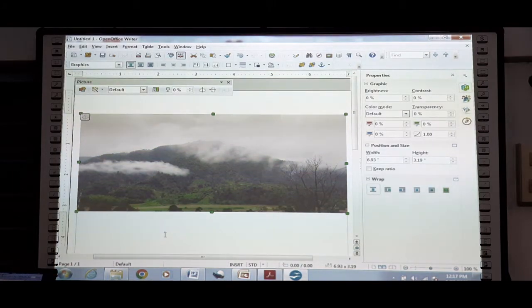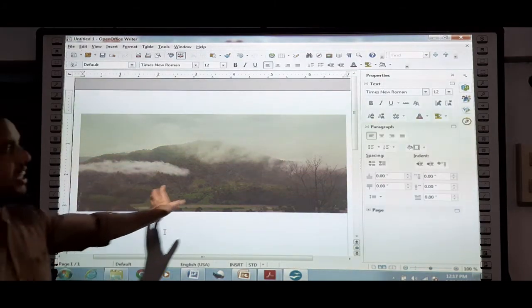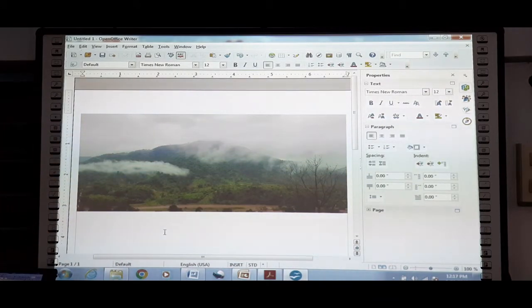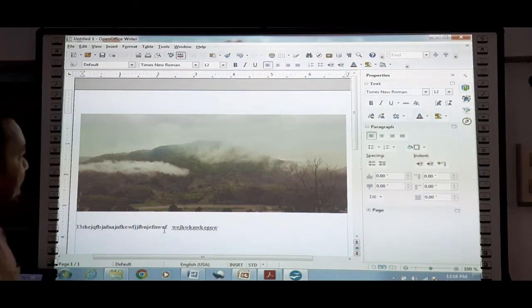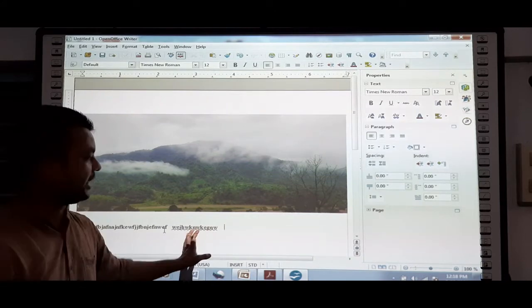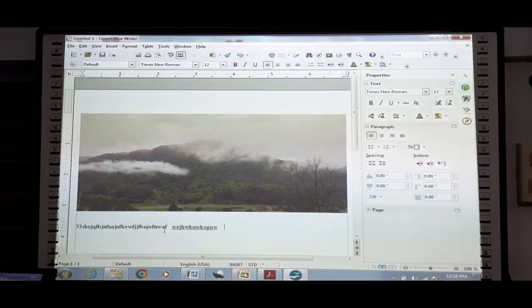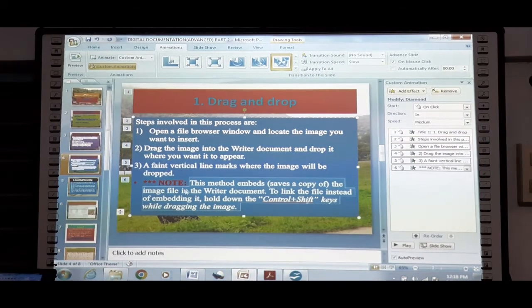Okay, it will be directly linked to our document. It got embedded in here. Now, if we would like to insert something, then below it we can insert. If we would like to insert any query, question, anything, any matter related to this picture, we can insert it just below the picture. Fine. So this is how we can achieve insertion of a file using the drag and drop feature. Now let us come to the next point of our discussion.